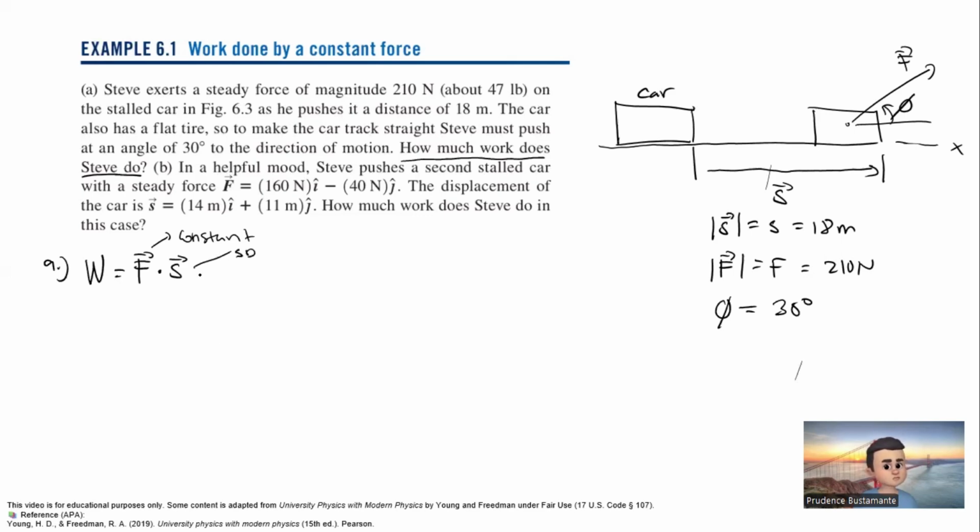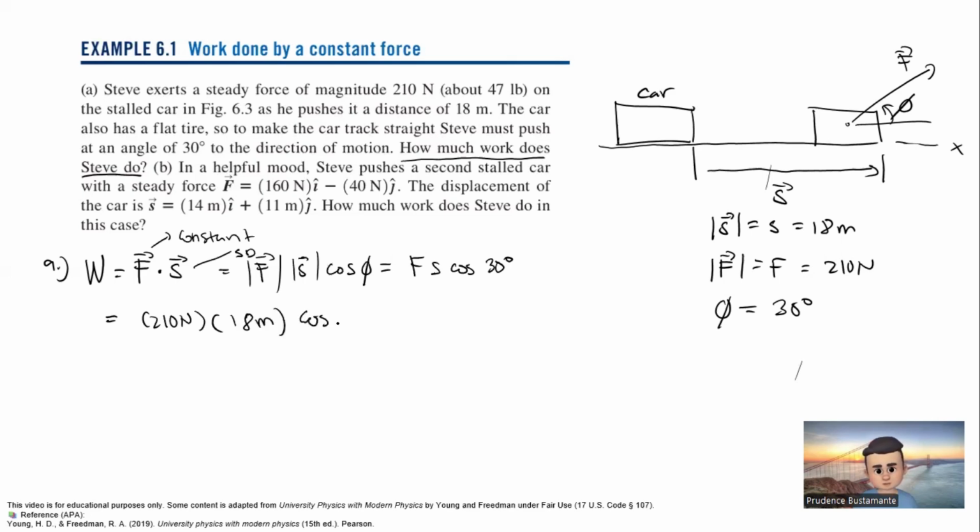So this is equal to the magnitude of the force times the magnitude of the displacement, the cosine of the angle between them, or F S cosine of 30 degrees. Okay. So the force is 210 Newton times 18 meters cosine of 30 degrees. So if you do a calculation,